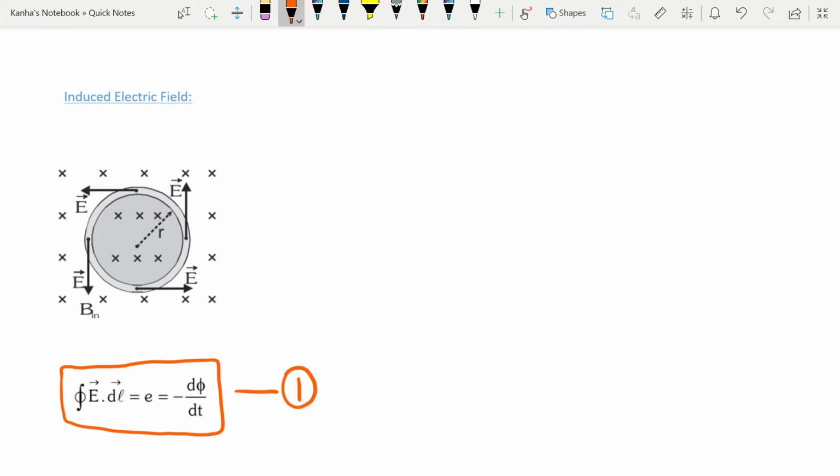Okay, what you should note about this is the line integral of E around a closed path is not 0. We saw that this is not conservative in nature. Also, when a charge Q goes once around the loop, the total work done on it by the electric field will be equal to Q times the total EMF. You should also know that this equation will be valid only if the path around which we integrate is stationary.